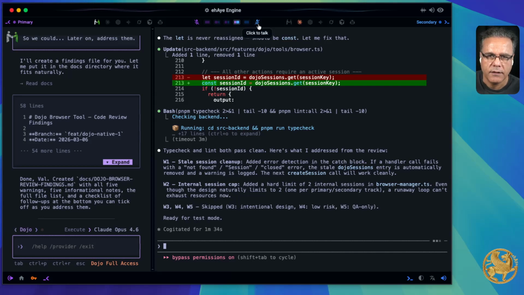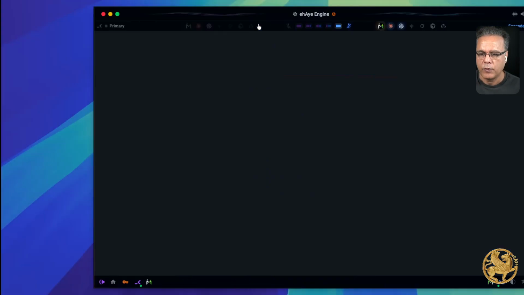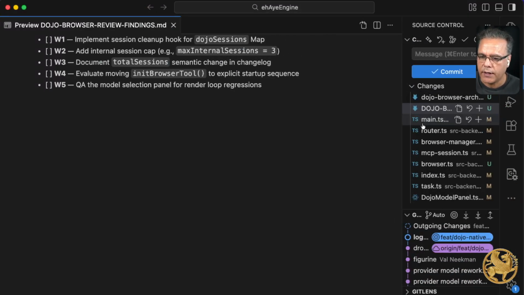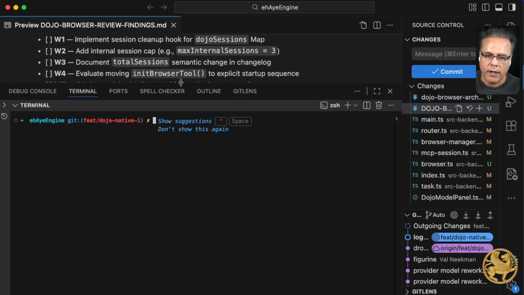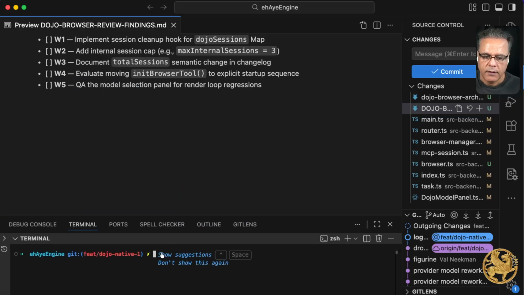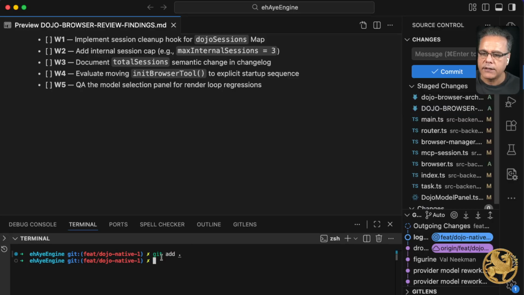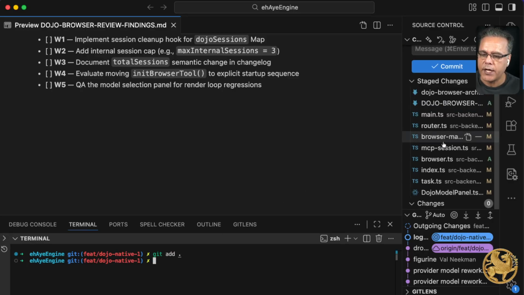He explained to me exactly what he did, and I know exactly what he did because somebody else told me what needs to be done. I looked at the file, I know exactly what needs to be done, and now we got it done. What we could do, we could go here and just check the code. Usually what I do, let me tell you what I do. I bring the terminal up here. So at some stage I say git add, and then here I stage the changes.